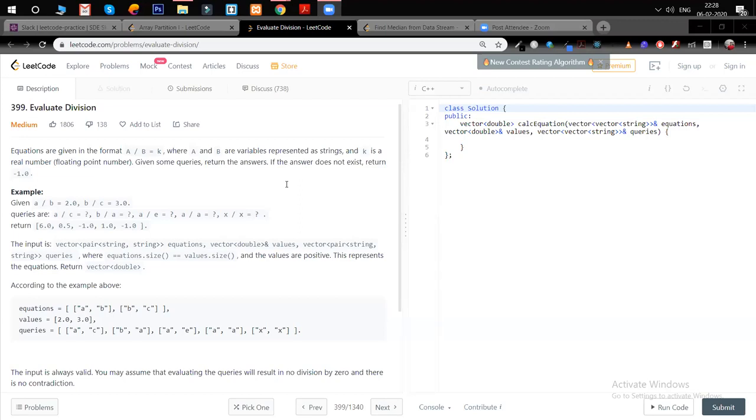I guess we can use union find or something like that. Yeah, even I am thinking of union find. If we have 2 variables, we can find a third one. And then if we have those variables, we can easily return the answer from the queries.